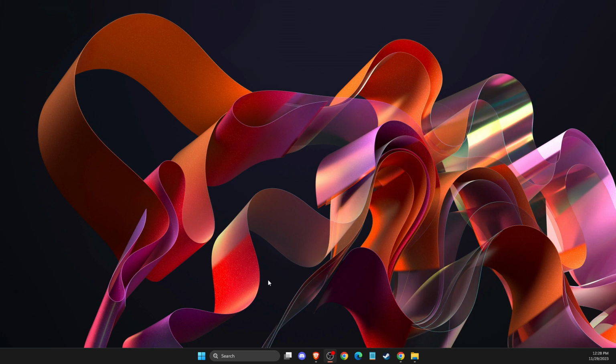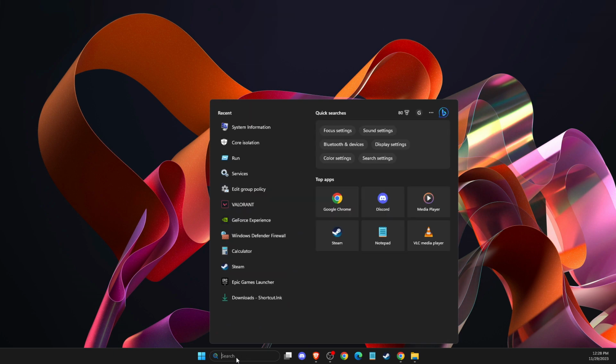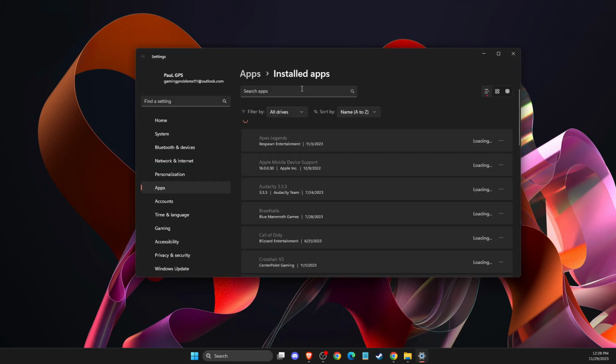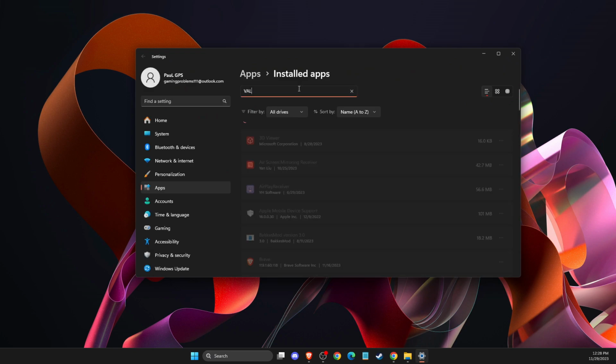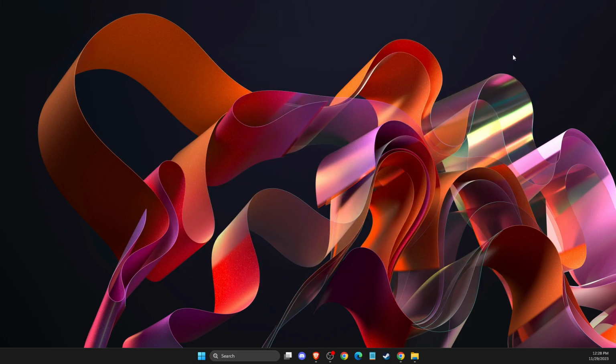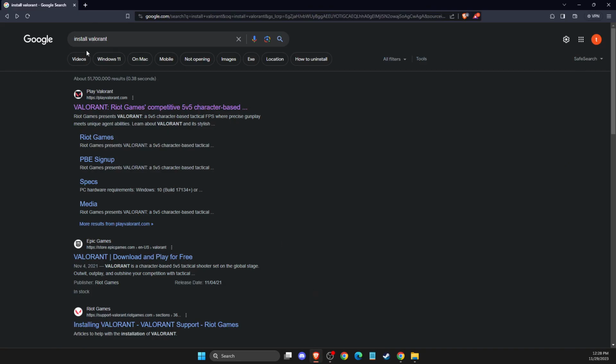So if you have already got the game on your computer, what you need to do here is go on search, go to installed apps, then look for Valorant here, and uninstall it, right? Uninstall it, and then go to your browser, just write install Valorant, and probably it will be this link here,